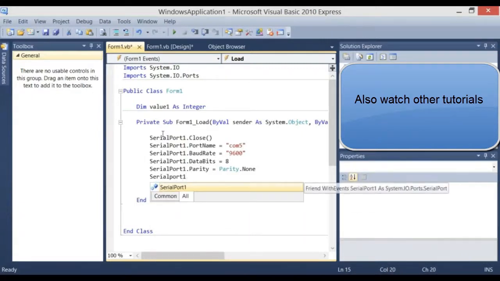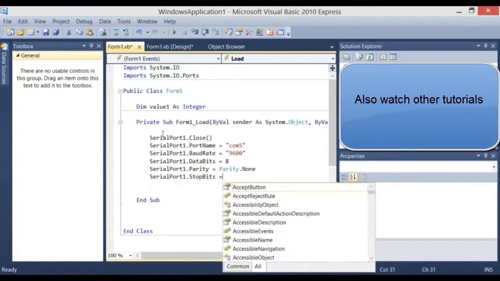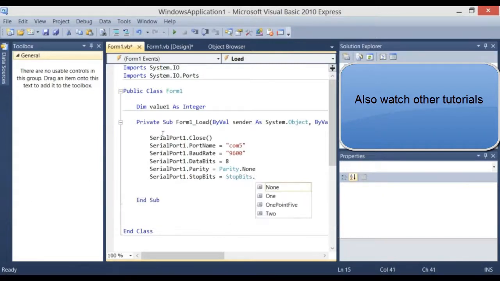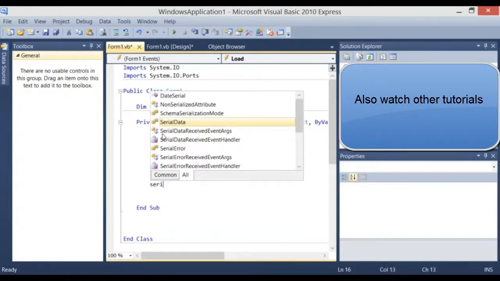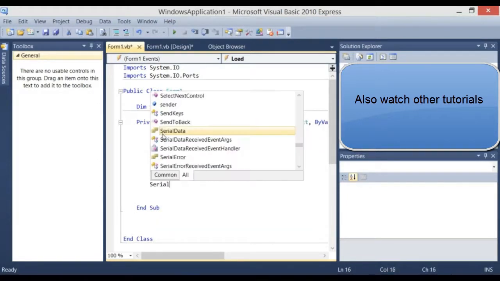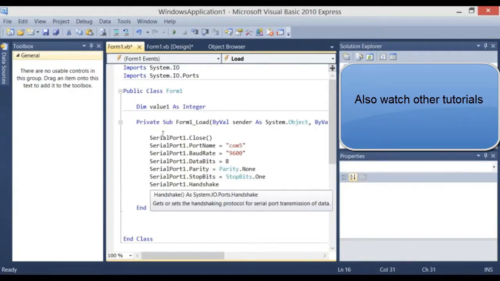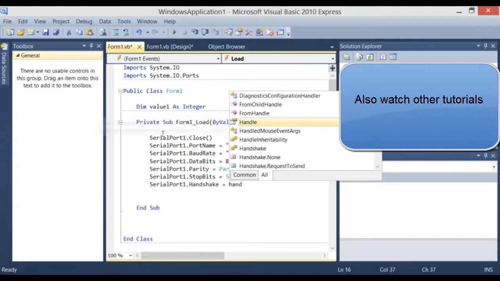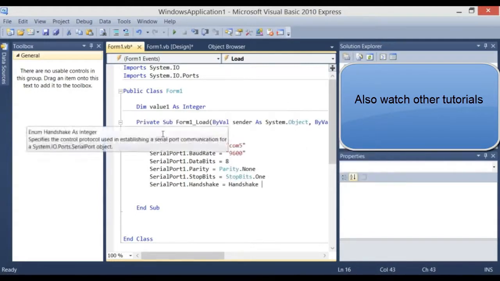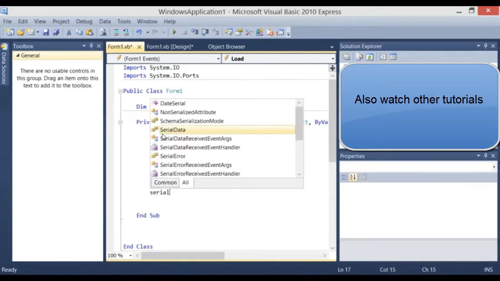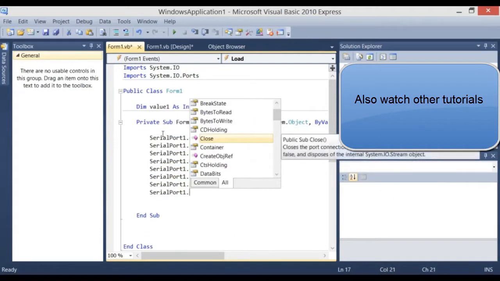Serial port 1 dot stop bits equals to stop bits dot 1, and serial port 1 dot handshake equals to handshake dot none. We don't need a handshake. And then serial port 1 dot